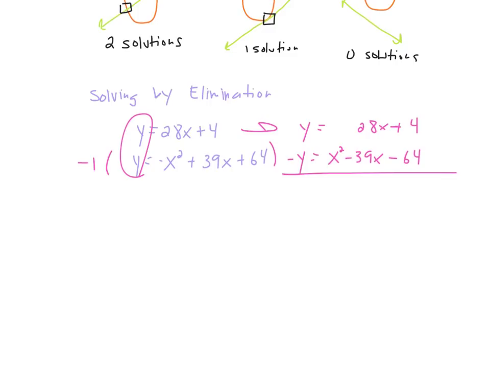Notice I kind of left a little space in that first equation where the x squared was, just so I could have my like terms lined up. So now when I add y minus y, well, that's 0. x squared, negative, or 28x minus 39x, negative 11x, and 4 minus 64 is negative 60. All right, and now we have our quadratic,